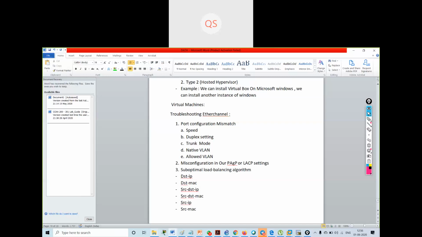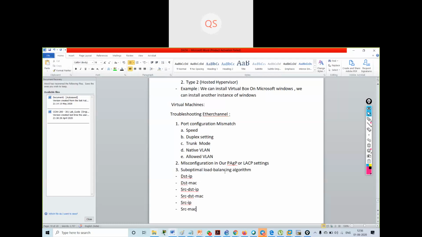So this is what my load balancing algorithm uses. Like I showed you with LACP, we can use active and passive. Now this is suboptimal load balancing algorithm.